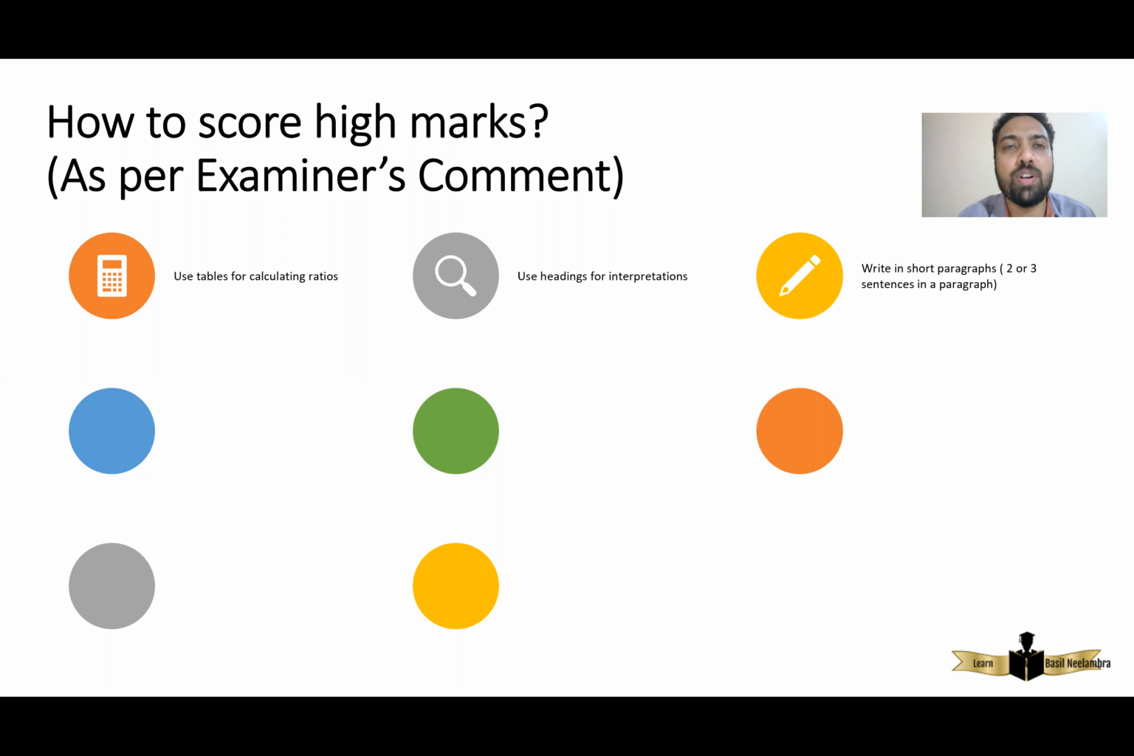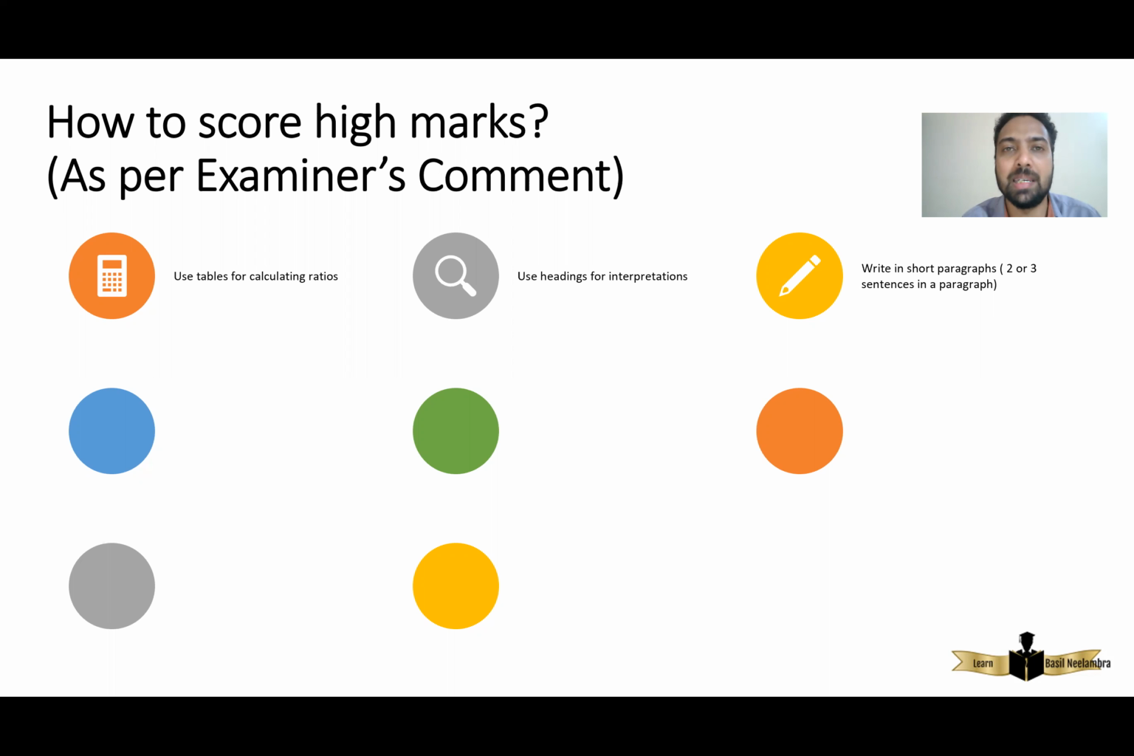Next one, write in short paragraphs, 2 or 3 sentences per paragraph. That means in performance, or if you're assessing profitability, let's take profitability. If you're assessing profitability, you know that there is ROCE. So once you give a heading, profitability ratios or assessment of profitability, then in one paragraph, 2 or 3 sentences,